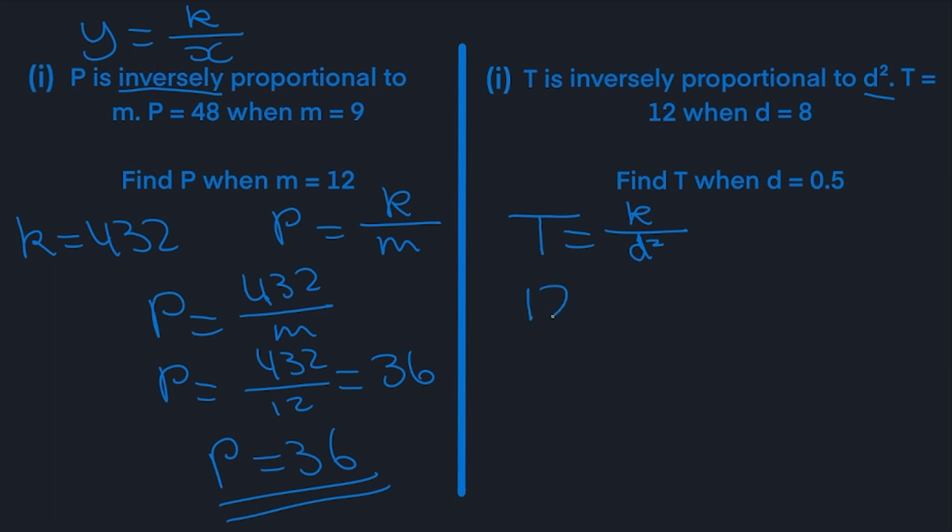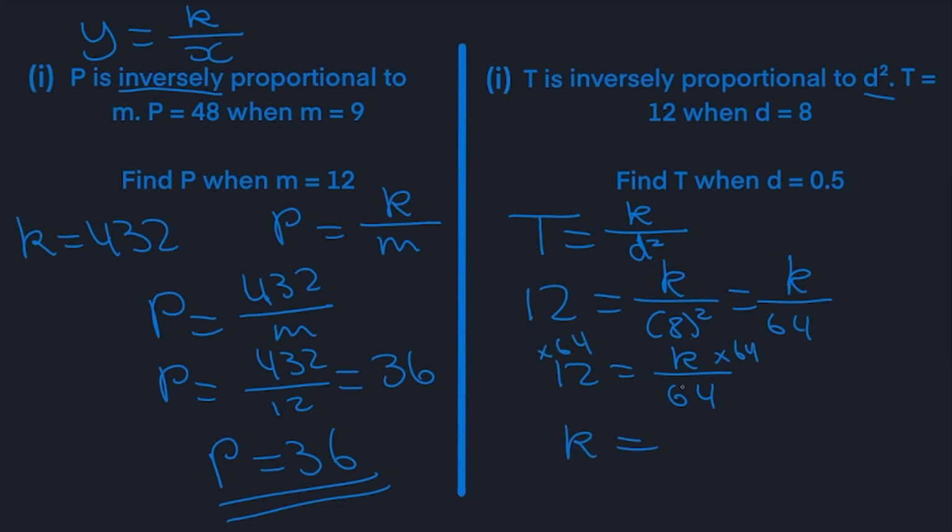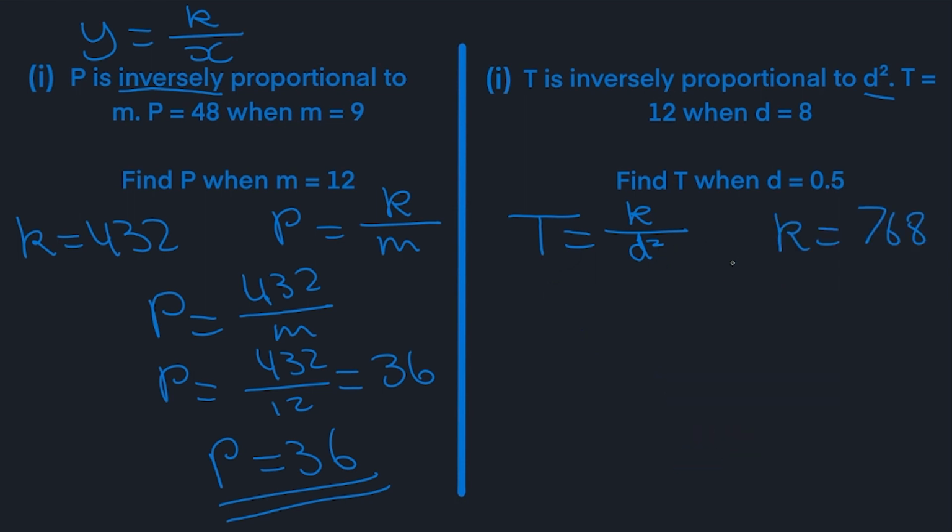Just substitute those values in. So 12 for t and 8 for d. 8 squared is 64, so 12 is equal to k over 64. And multiply both sides by 64. 64 times 12 is equal to 768. So again, our k is equal to 768. We rewrite the formula,